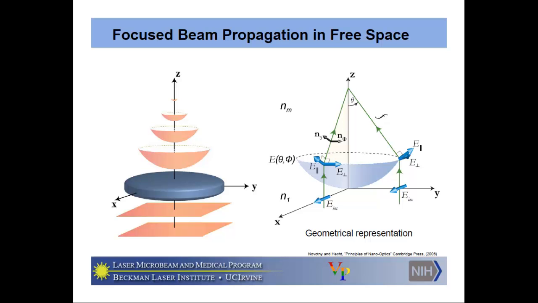This kind of a lens, this is an aplanatic lens, that means a perfect lens. We can represent that kind of a lens with a spherical cap like that. And then waves are generated from the inner surface of that spherical cap. So that's a representation of the lens geometrically. And then this incident light, x-polarized light, the polarization is along that direction,